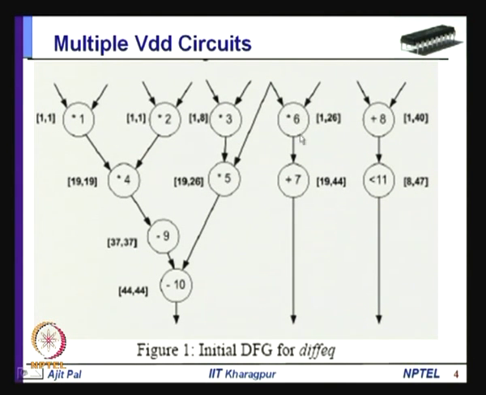Similarly, this multiplier and this addition have larger slack, as you can see, because the only requirement is that before the 44th clock cycle you have to complete these two operations. The same is true for these two, the addition and comparison. So, you can assign multipliers of lower supply voltage. What does it really mean? That means in your